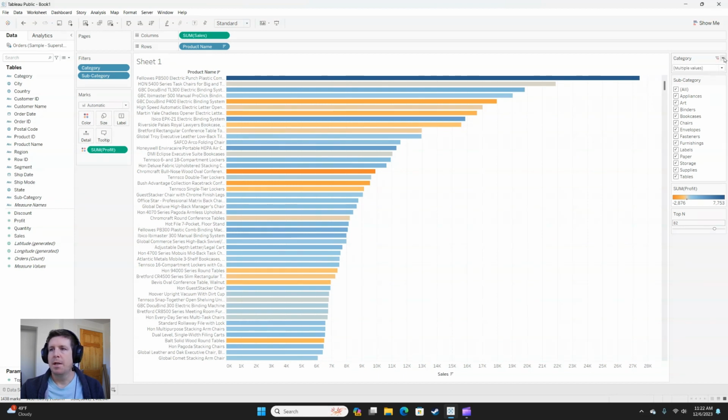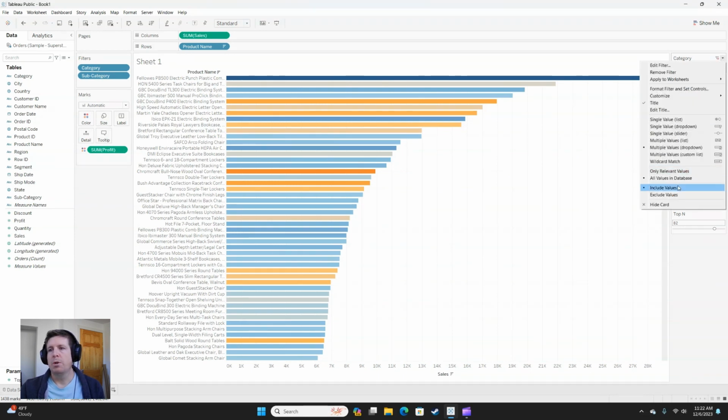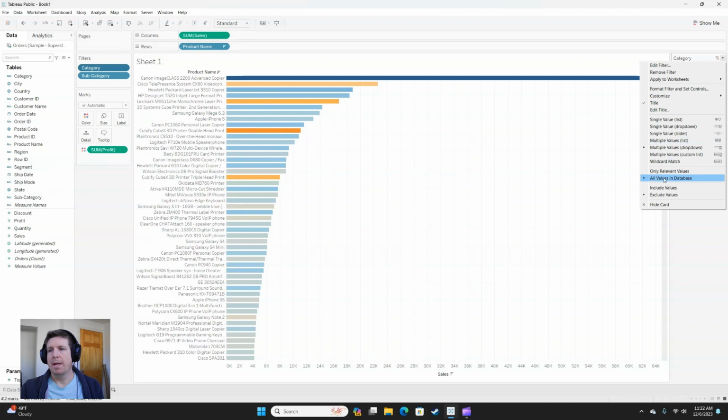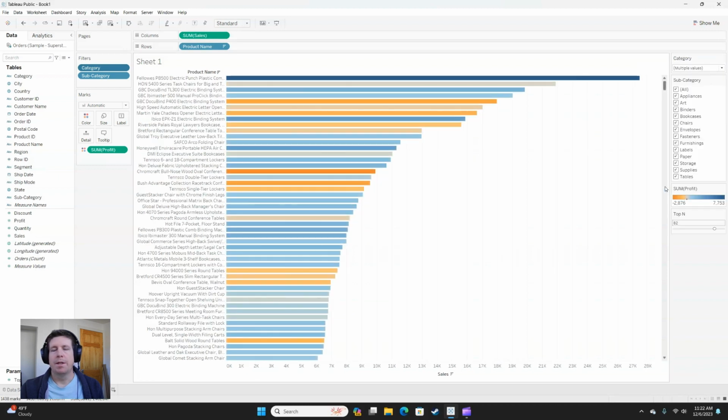In addition, in this menu, you can choose whether you're including the values or excluding the values. So if I swap that, instead, we'll be taking those two categories out and we'll only be looking at technology. I'm going to switch it back to include. And the last thing I want to show